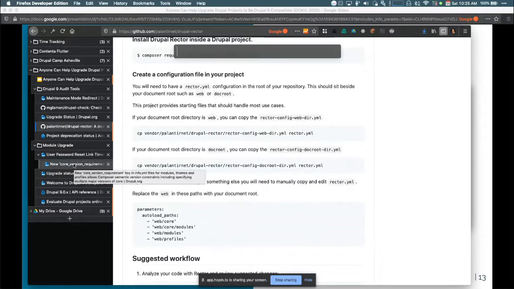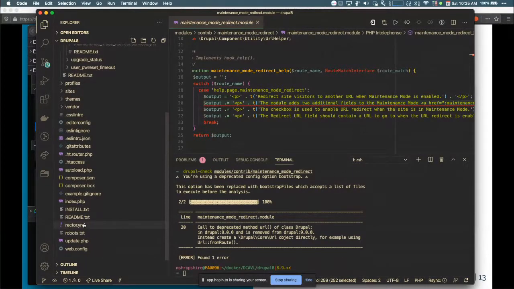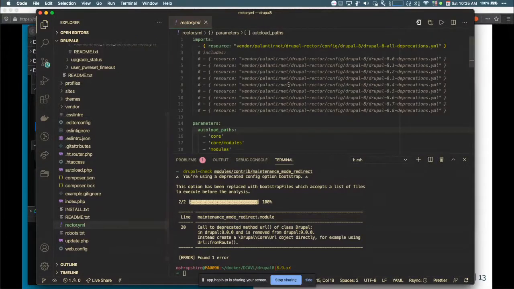So let's take a look at that. In this project, I've already set up the rector YAML file, and this is what it looks like. I'll show you the only thing I changed, by the way, once I copied it. This was already set, but you can control which deprecations to check against. We're just saying out of the box, check for all Drupal 8 deprecations.